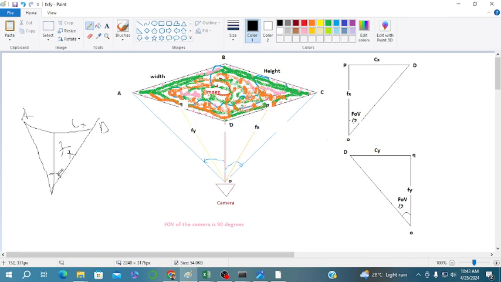If we assume this angle is 90 degrees, this line bisects line AD into the same distance. So if this is 45 degrees, fx and cx are the same. So if fx and cx are similar,